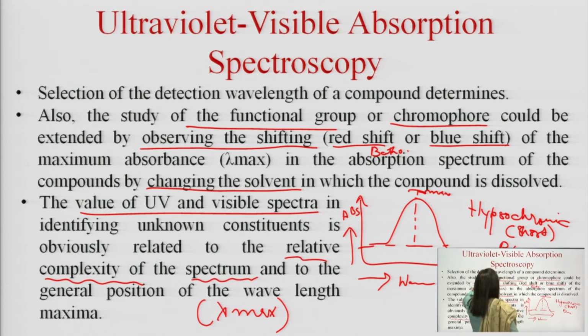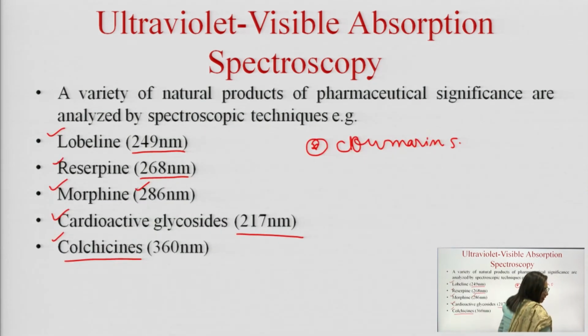This is due to the functional groups or the chromophores which are capable of giving color. The shift could be either bathochromic or hypsochromic. Batho means shortening of the wavelength, while hypsochromic means lengthening of the wavelength, and changes in these wavelengths are suggestive of the structure of the